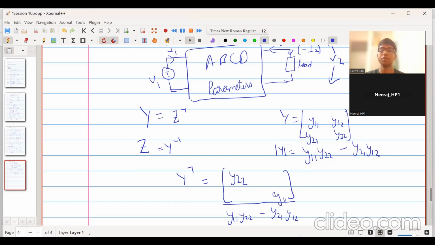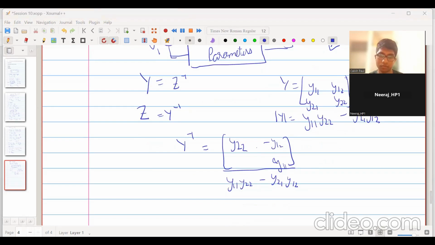What will be this element of the matrix? Yeah, minus y12, correct. So we compare this with z, which is equal to z11, z12, z21, z22. We will get